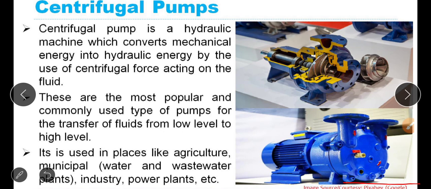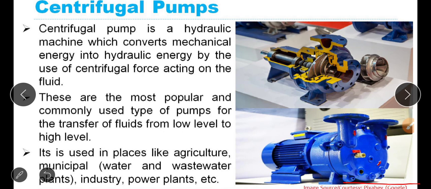Pump is the one which is used to lift the water from lower elevation to a higher elevation. In order to lift the water, what is performed by pump? It converts mechanical energy into hydraulic energy. Is it not so? So whenever you are at home or in hostel or even in industry,